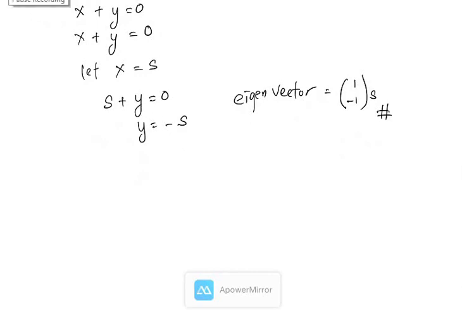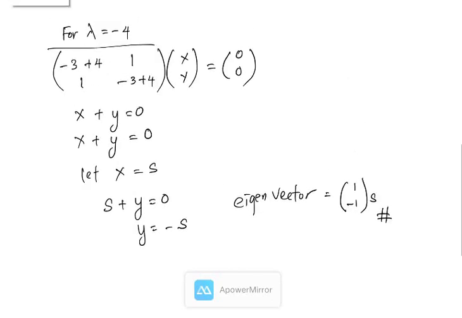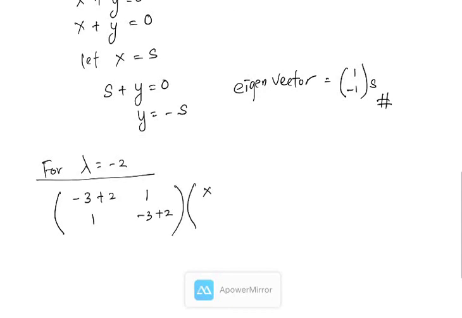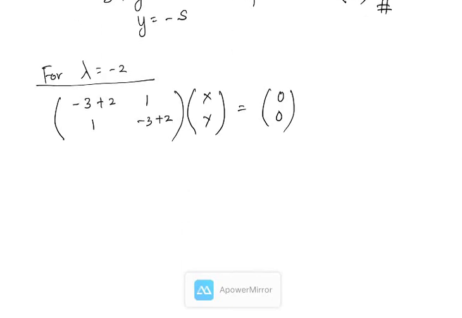After you have done for lambda equal to negative 4, then you do lambda equal to minus 2. So negative 3 plus 2, 1, 1, negative 3 plus 2. Then x, y equal to 0 and 0. Negative x, so negative 3 plus 2 is negative 1. So negative 1 multiply with the x, so it's a negative x. Then plus with y times with 1, so you get plus y. So 0,